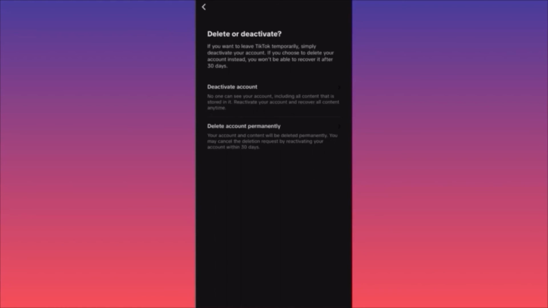Also, very important note over here, guys, is that if you want to delete your account, you want to make sure that you download your data. You have to make a special request to TikTok, and they will need 2, 3, 4 days maybe to process your information, and then they will give you an option to download the info. So first of all, you have to request information, download your information, and then you can click delete. You cannot click delete and then wait for the information, because the accounts that are scheduled for deletion cannot be used as a source for TikTok to download the data from.